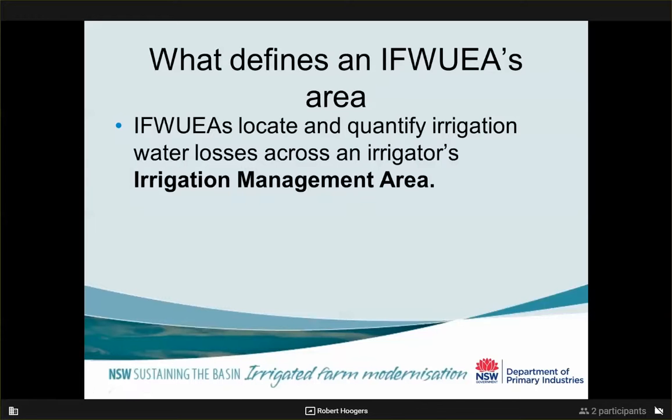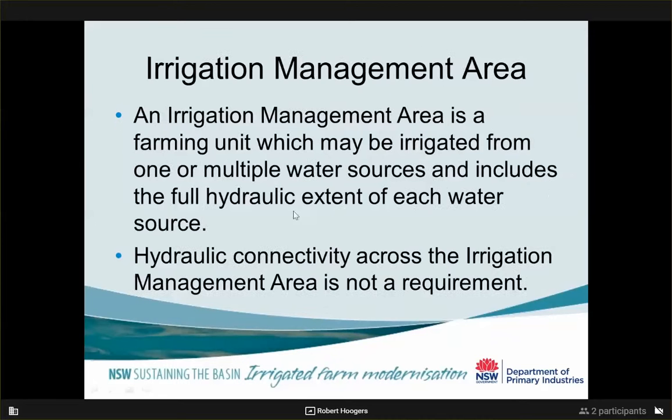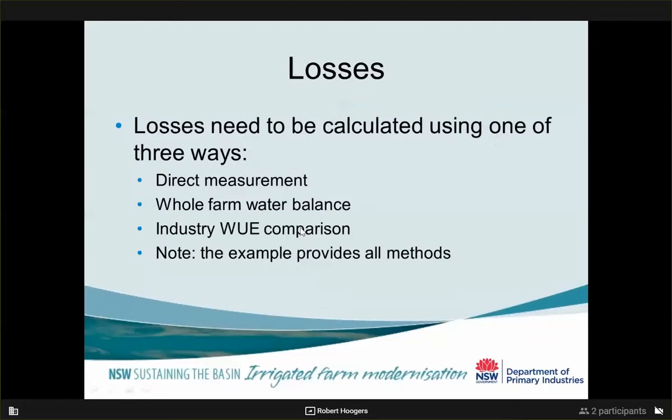What defines the IFWUEA area? It is the irrigation management unit. The IFWUEA is located in the water loss associated with that irrigation area. To be a bit more defined, an irrigation management area is a farming unit which may be irrigated from one or multiple water sources, including the full hydraulic extent of that. It doesn't mean it has to be completely connected. So there's a bit of flexibility there, but knowing that you do have to,